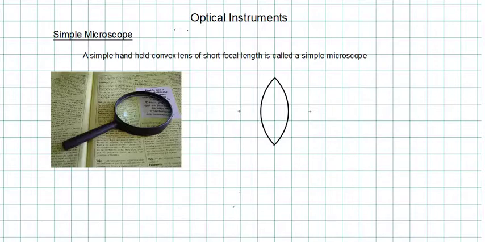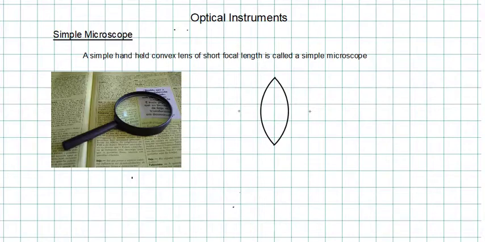As you can see in the picture, there is a handheld convex lens placed over a paper. Its application is to read very small letters, which are otherwise very hard and strenuous for the eye. So, we use these lenses to read these words or letters or characters. Another application: you may remember that when students perform the vernier caliper experiment in the physics lab, it is very strenuous for the eye to read the vernier coincidence. So, generally at that time also you use the convex lens to read the vernier coincidence.